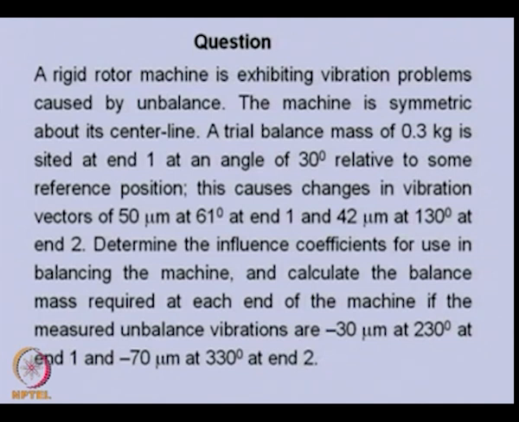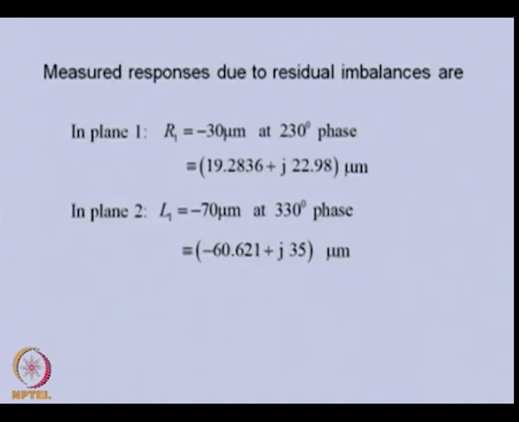Now, because this shaft is symmetric, we have only one set of measurements regarding the trial mass, because these influence coefficients are also symmetric. So, we will be using symmetry in this particular case. The measured responses due to residual imbalance are, for plane 1,